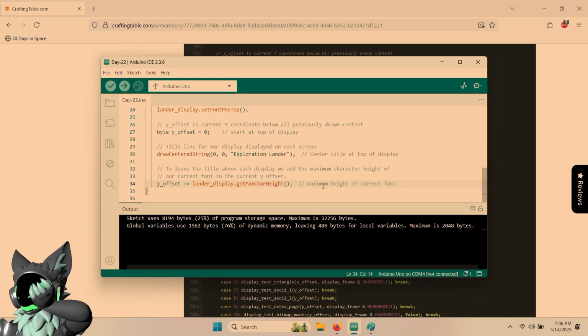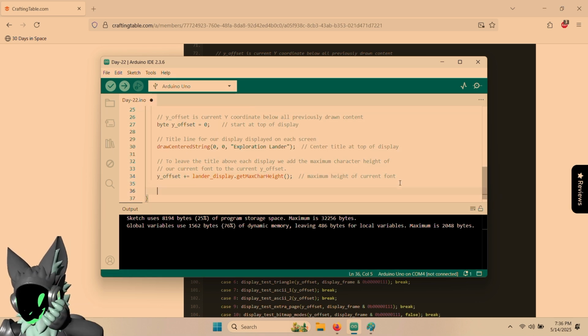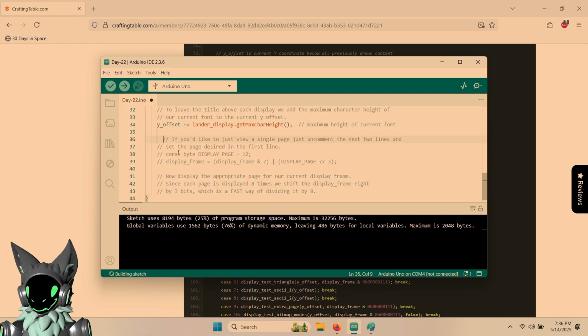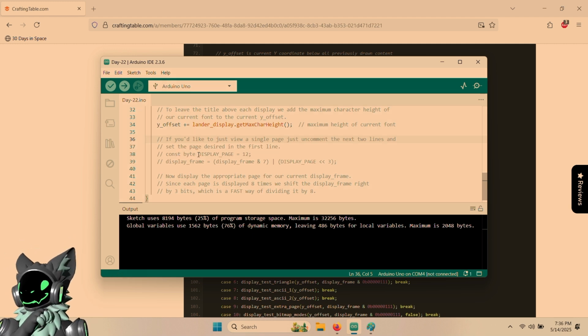Normally, I don't bring all the comments over, but this is a fairly complicated topic, so I'm going to bring them over anyway. If you'd like to just view a single page, just uncomment the next 2 lines and set the page desired